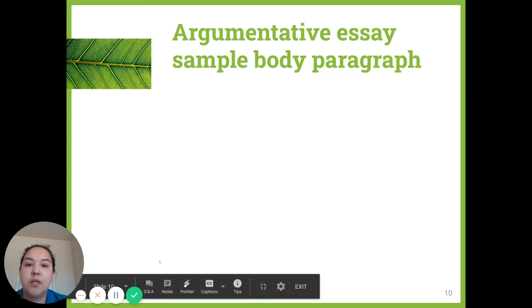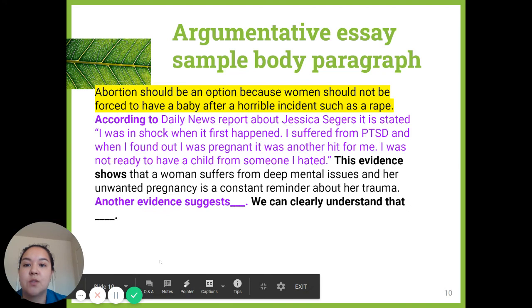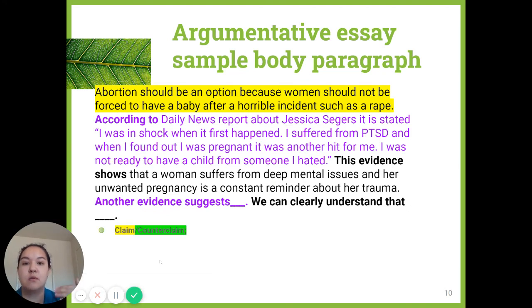Now let's take a look at an example of an argumentative essay. We're talking about the pro-choice topic of abortions. We have taken a side, we want to keep the abortions, right? Abortion should be an option because women should not be forced to have a baby after a horrible incident such as rape. According to Daily News report about Jessica Sudgers, it is